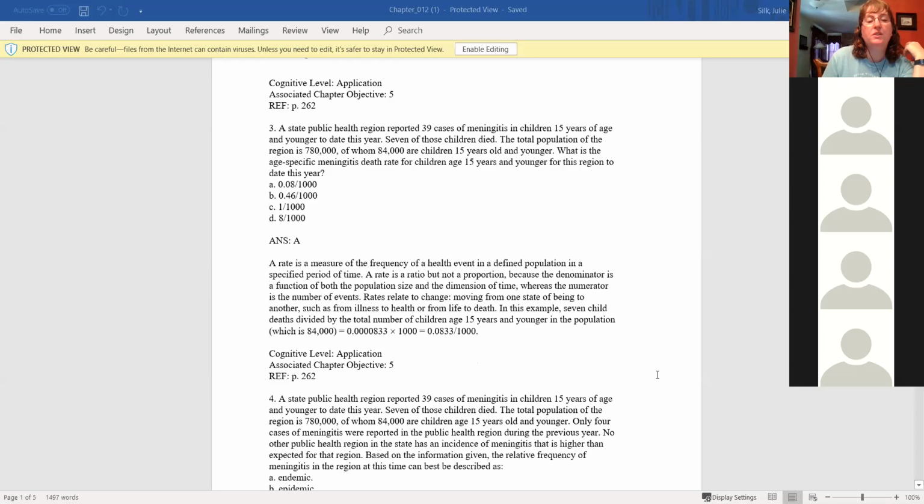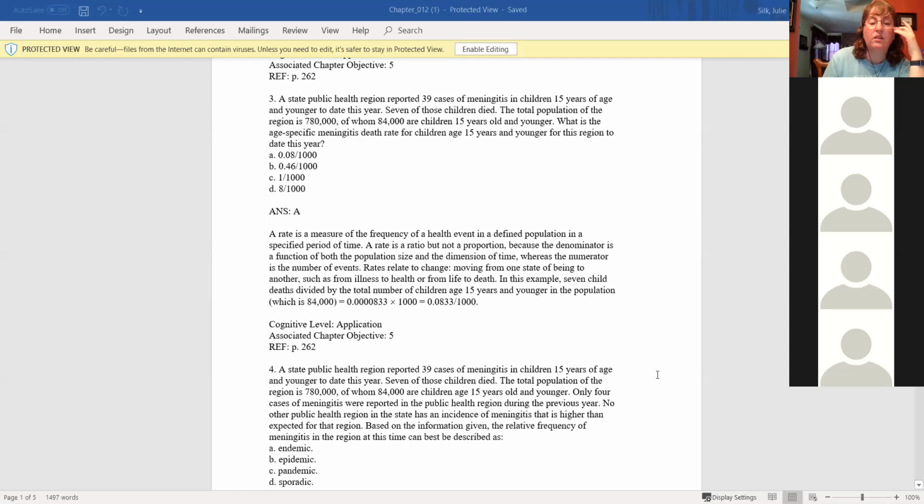All right, and then number 4 says a state public health region reported 39 cases of meningitis, again, same thing, in children 15 years of age and younger to the date this year. 7 of those children died. The total population of the region is 780,000, of whom 84,000 are children 15 years of age and younger. Only 4 cases of meningitis were reported in the public health region during the previous year. No other public health region in the state has an increase of meningitis that is higher than the expected in that region. Based on the information given, the relative frequency of meningitis in the region at this time can be described as